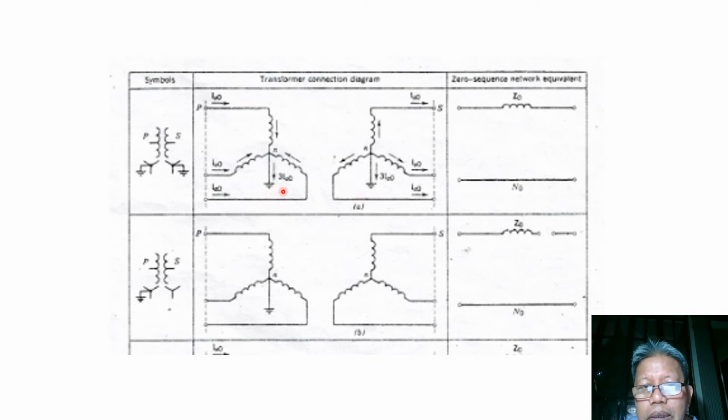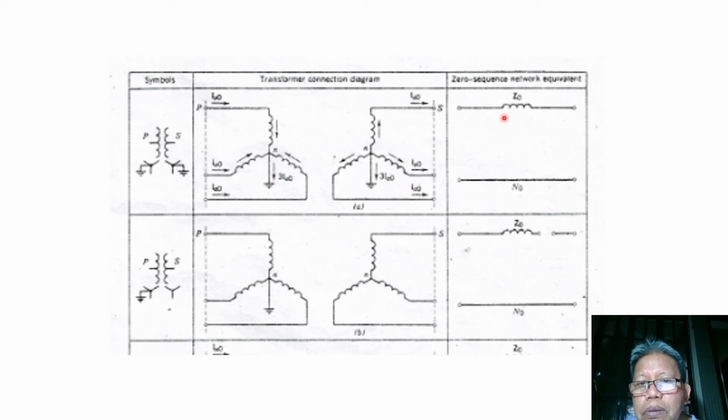So this current 3I_A0 here will just go to the secondary. So in this, going up supposedly, this was just a mistake. Okay, 3I_A0, so that upon reaching this, it breaks down into I_A0 to these three phases. So our zero sequence current therefore is able to flow from the primary to the secondary.